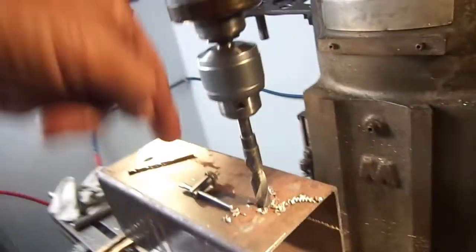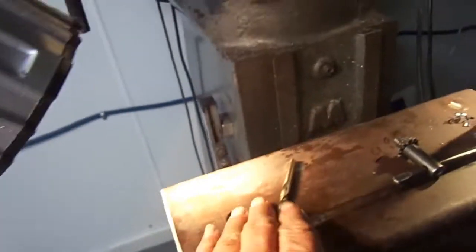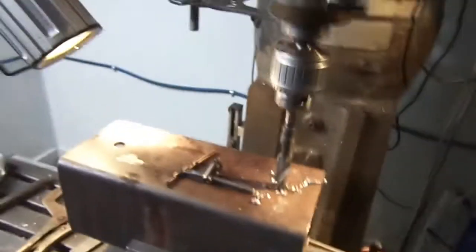We're going through our second hole now. This is the last one. This will be our last through hole. We got this one done. We got the holes lined up where the bearing's going to go. So we're going to drill this one